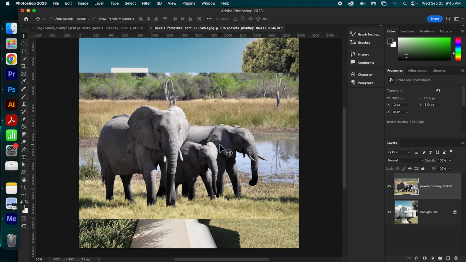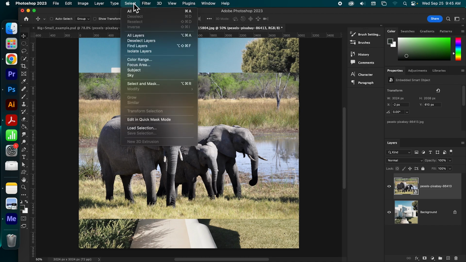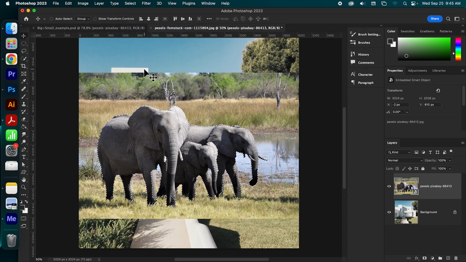And I'm going to come up to the select menu and choose subject. So what select subject does is it uses analytical AI to select what it believes is the subject in your piece based on nearest neighbor colors.